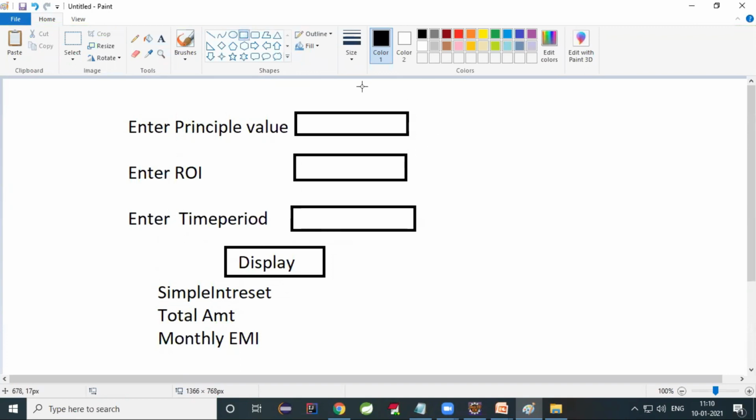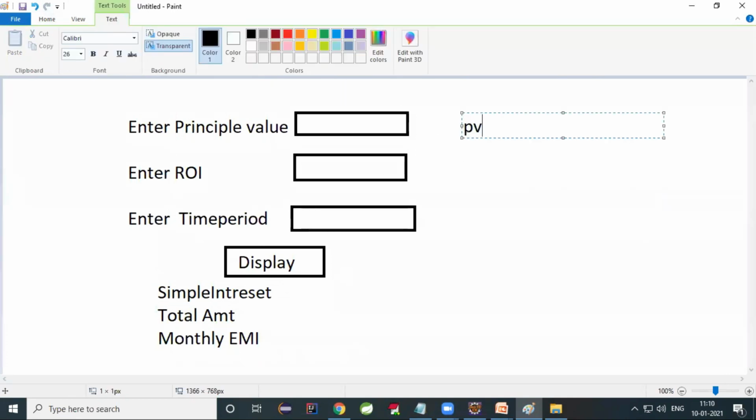For example, if the principal value is, say, you have taken a 20 lakhs loan. Principal value is 20 lakhs. Rate of interest is 10 percent.